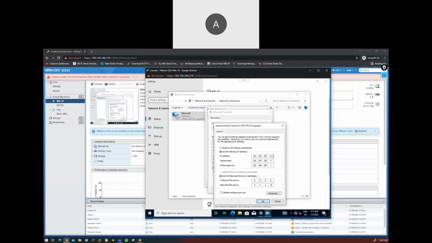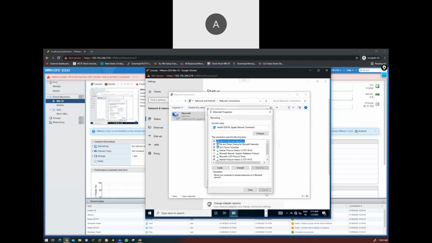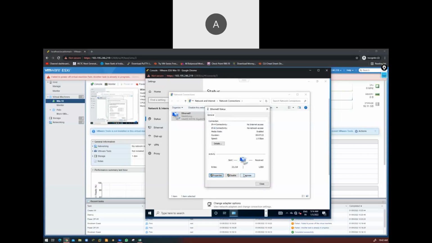Just change this octet. Instead of 21 take another IP like 22, 23, 24, 20 or 50, maybe 90. We can take till 254. It should not be more than 254. Hit OK, click on close, and let's wait a few minutes.